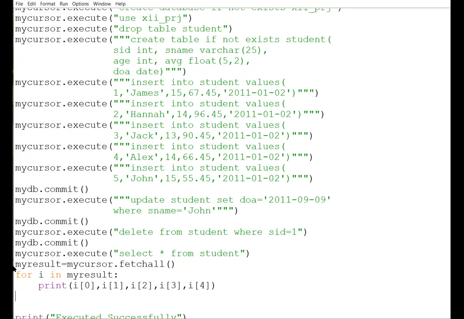Now see, in this only I'm going to add one more thing, and then we will make a completely different program. See, basically what we have done in this complete program, everything is constant. Everything is constant means, see, everything we have fixed. For example, where means we are going to delete the record where SID is 1. Here we are updating where this is the date of admission and this is the name. And in the real world, this thing never happens.